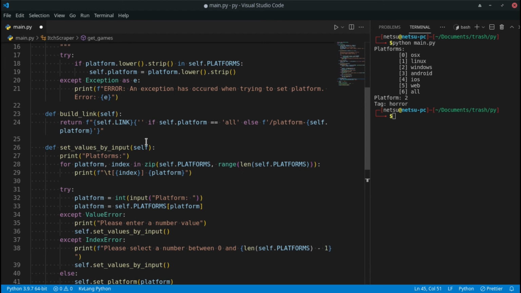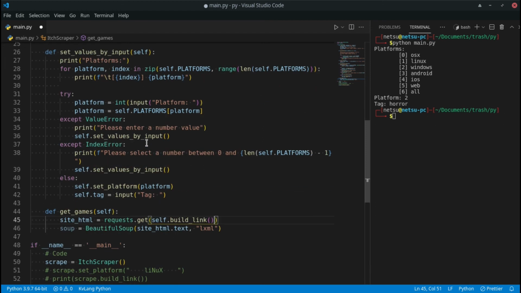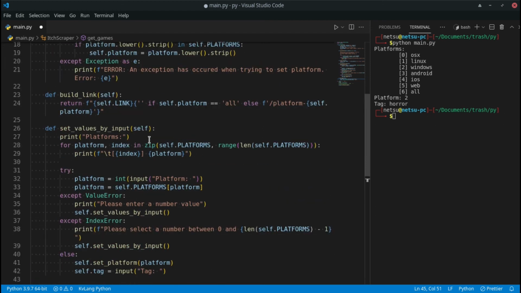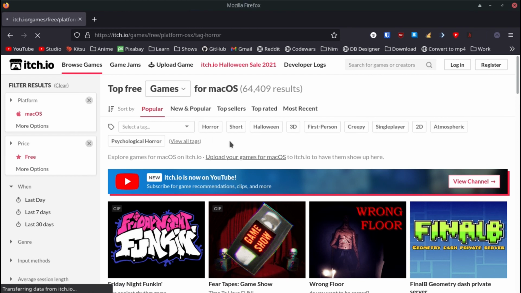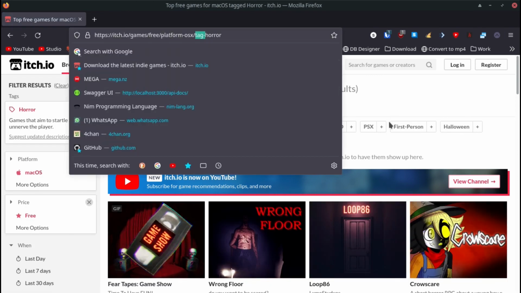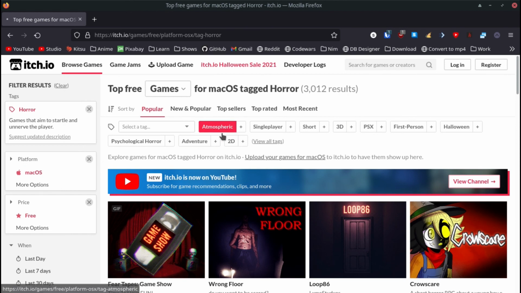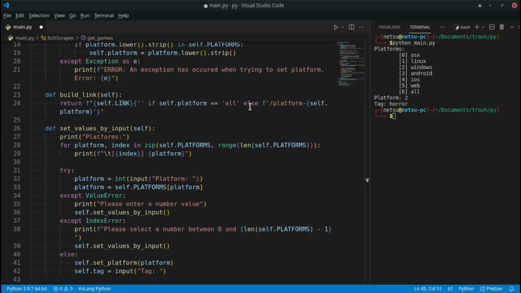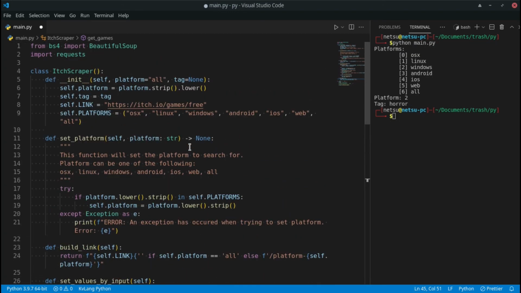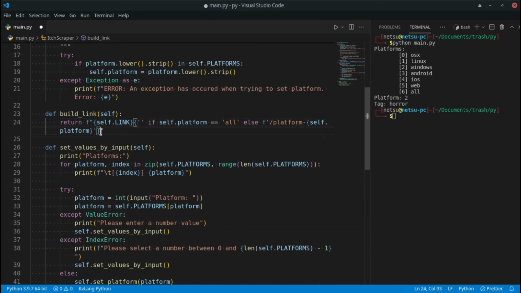But now that I think about it, we haven't implemented anything for the tag. How do we know what tag is going to be selected? Because we go here, and let's say we select horror, then we get tag dash horror. If we select atmospheric, tag dash atmospheric. Okay, that means it would be as simple as going to here and just saying,